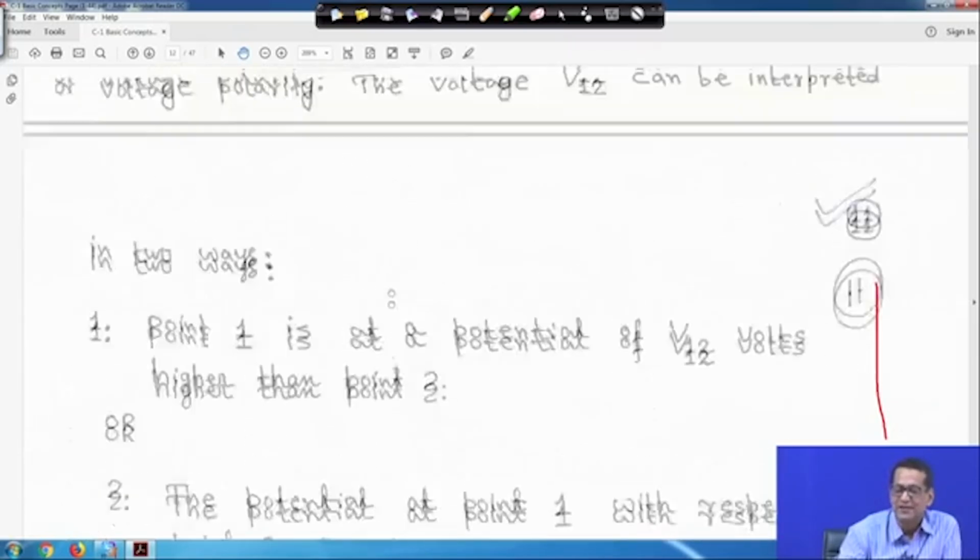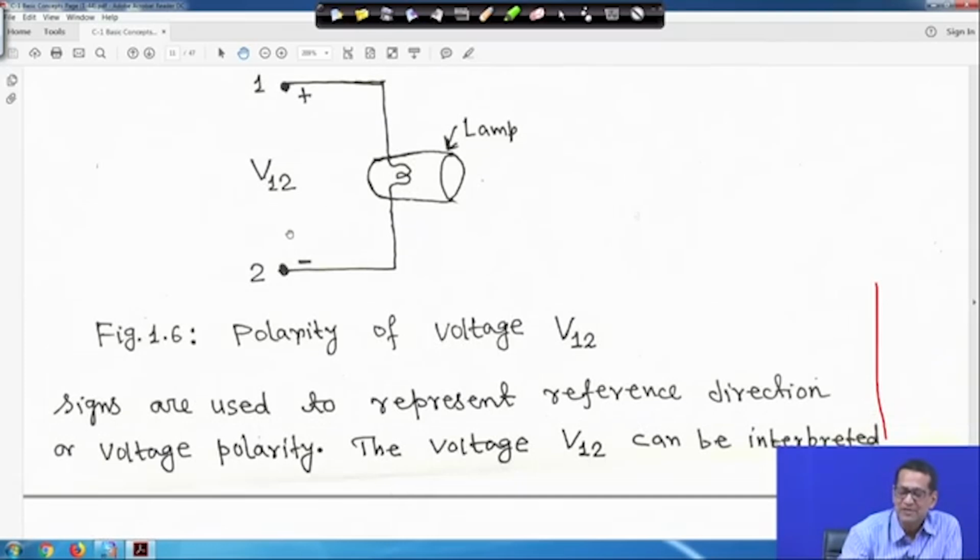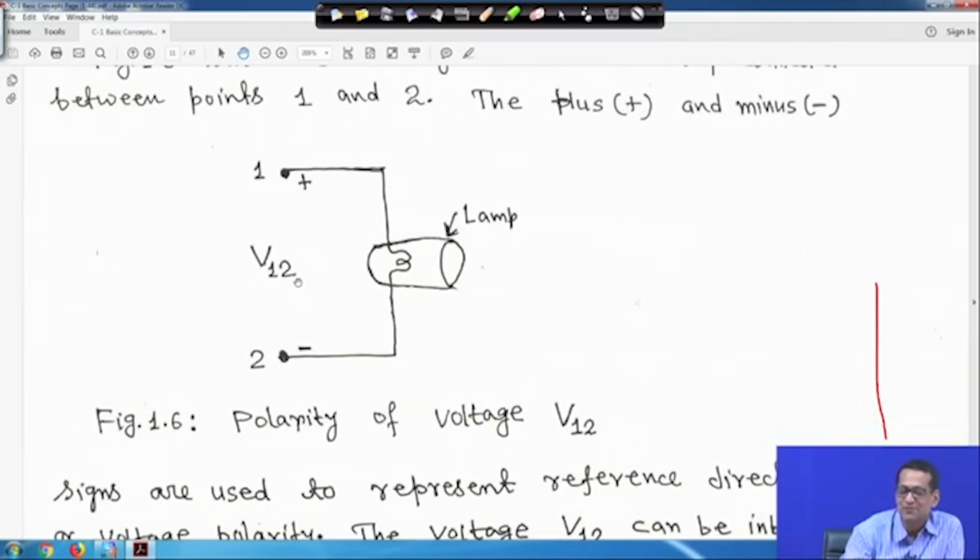That means, for example, say V12 is equal to, just one minute, say